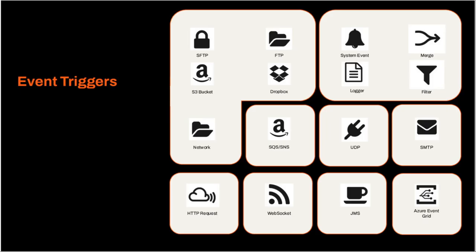These are the event triggers associated with automations. You can see here we cover the main clouds of Amazon, Azure, but then we also have much lower level connections, things like WebSocket, SMTP, SFTP, FTP, network. These allow you to plug in at a much lower level to capture events across all systems. And we'll see in a second, the WebSocket one and the HTTP request really unlock thousands of workflows because you can poll for data and you can trigger events using WebSocket from other systems.